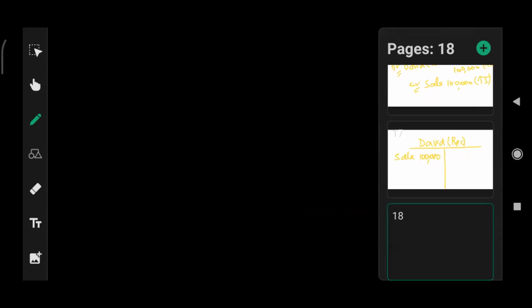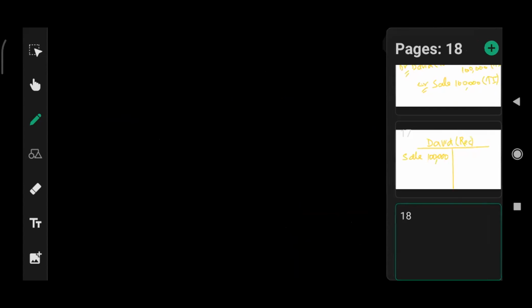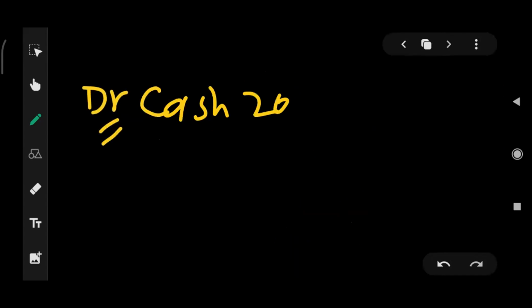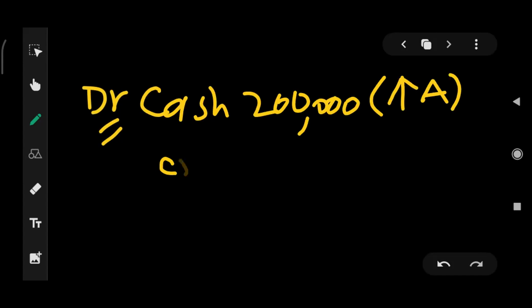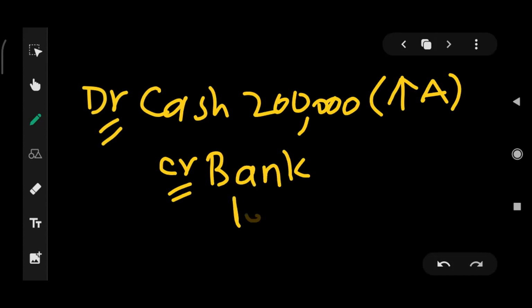Next transaction is he got 200,000 loan from bank. He got 200,000 loan from bank. Okay, there is an increase in asset named cash. The cash is received from the bank. It is increase in assets, so it's a debit entry. But credit is bank loan. Bank loan is a liability. So I will record bank loan credit